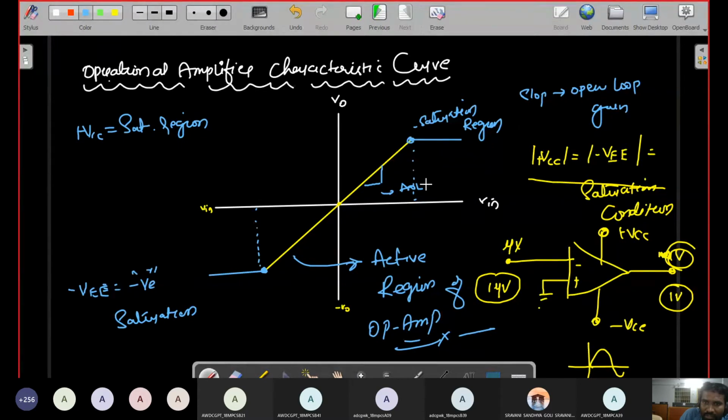In this region, the output voltage will always be constant. Up to a certain point it is amplified, and after amplifying it shows constant. That's why these operational amplifiers are called voltage controlled voltage source only. Voltage controlled voltage source. So that is the reason. Please note everybody. Right. Next, I'll move to some important definitions.